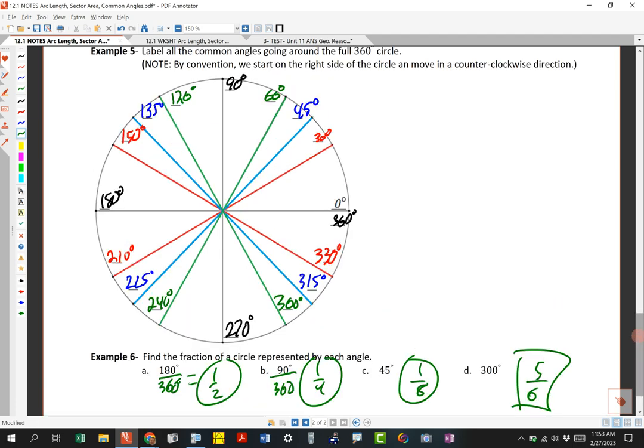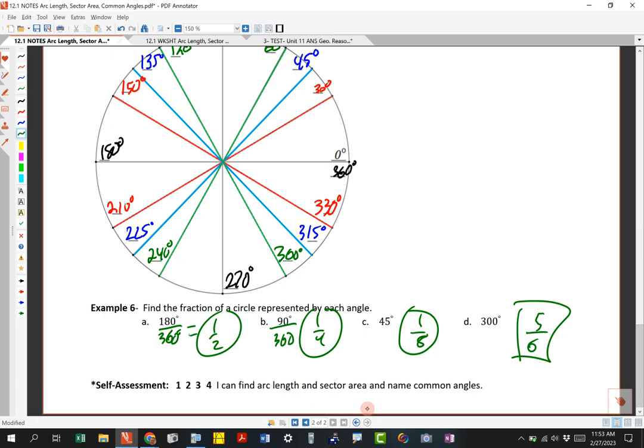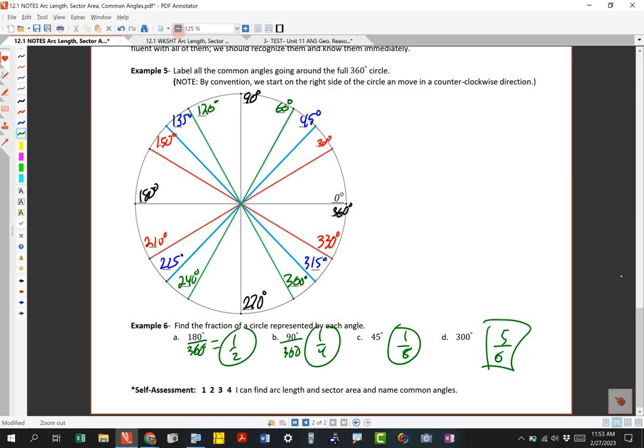So would you rate yourself on how you're feeling about arc length and sector and common angles right now? And then would you make sure that by tomorrow you've got the